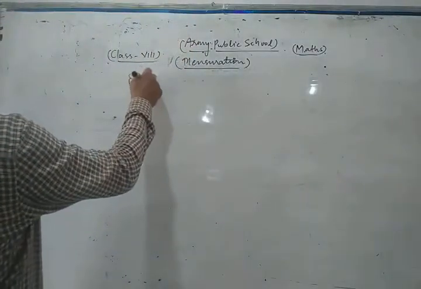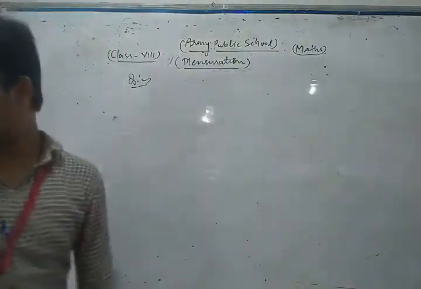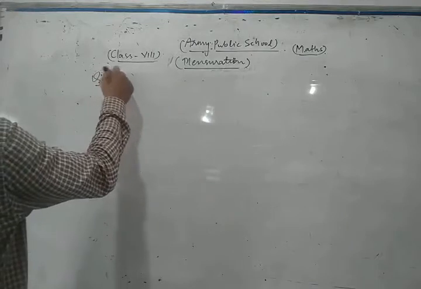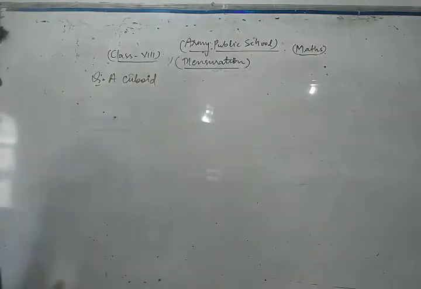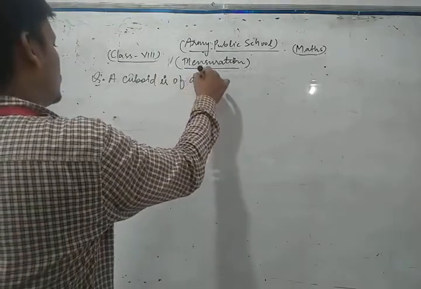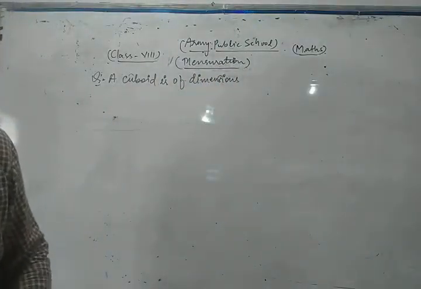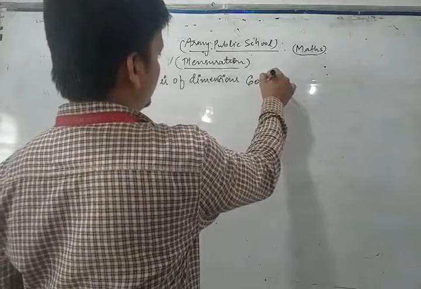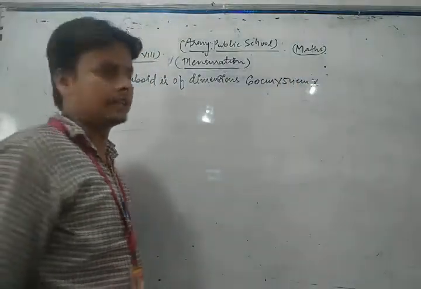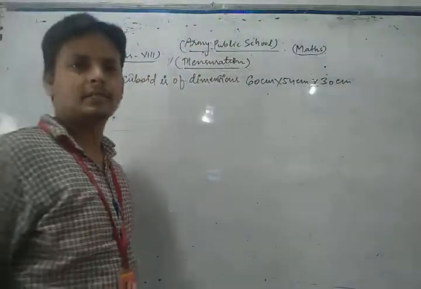A very important question is, the question is, a cuboid is of dimensions 60 centimeter into 54 centimeter into 30 centimeter. Okay. How many small cubes